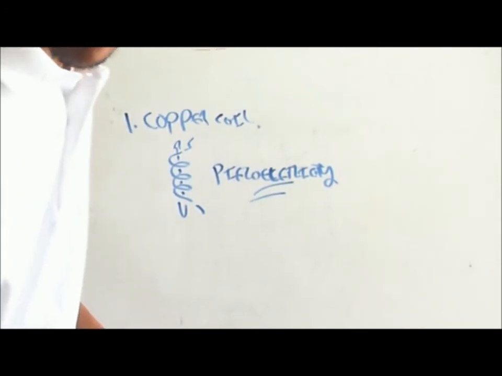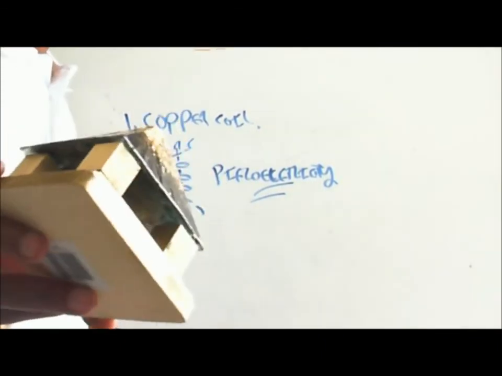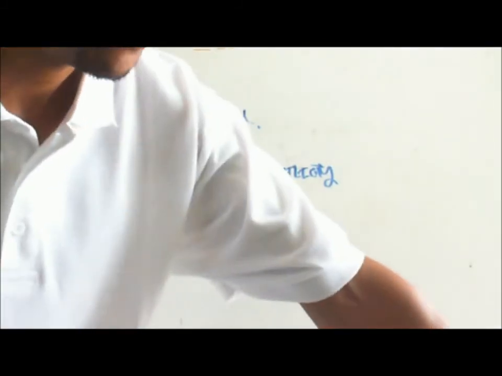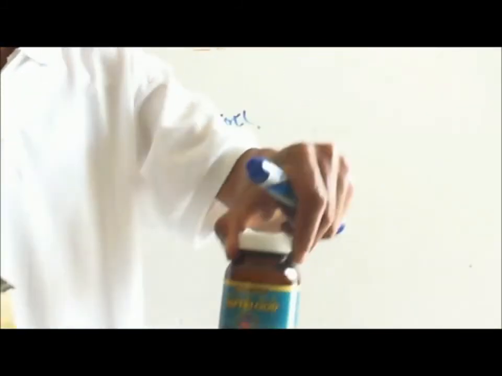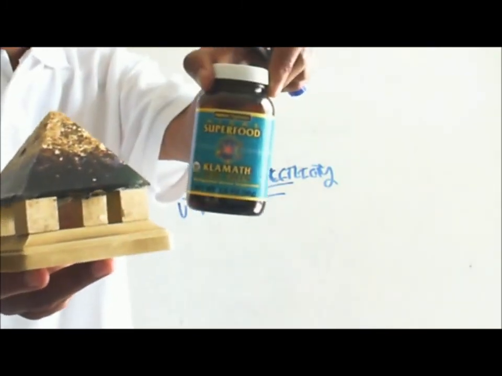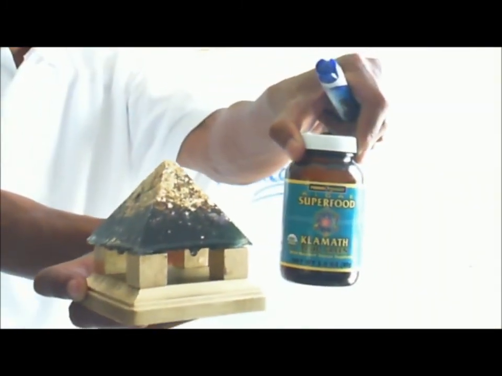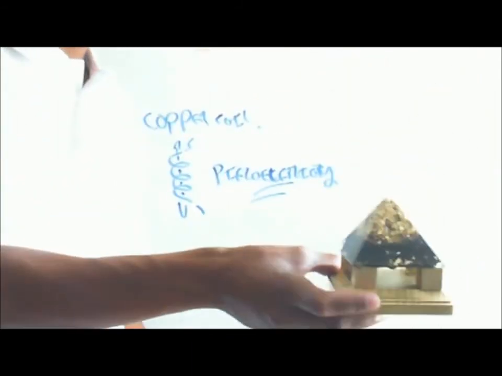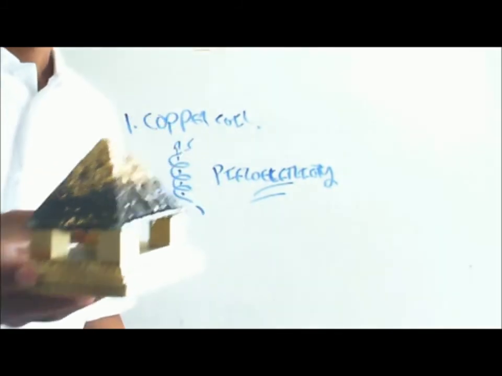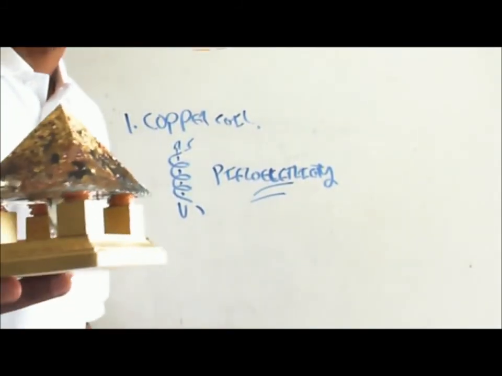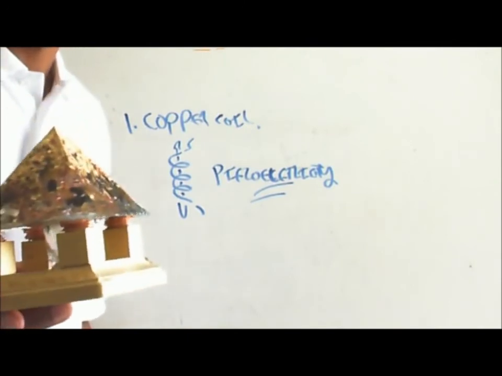This particular one, the reason why it's green like this is because I added natural super blue-green algae. I put this algae powder inside, just a little bit. That's why you have the green color. You understand what I'm saying? So it also helps to channel in the black light, like we talked about in the other video, the Nun energy. You see? Also this one too, I put a little bit of blue-green algae in it,